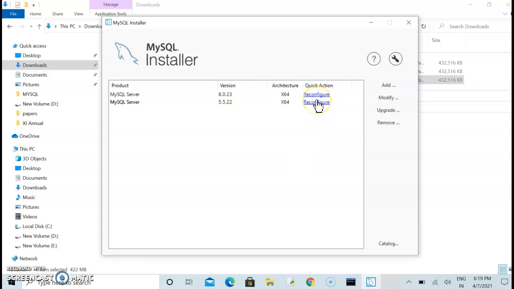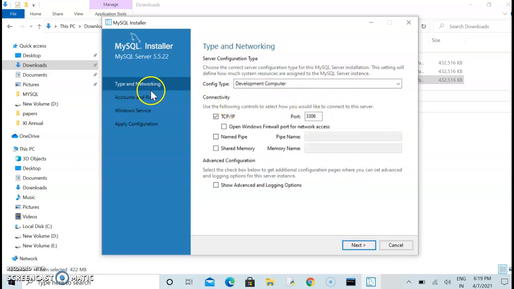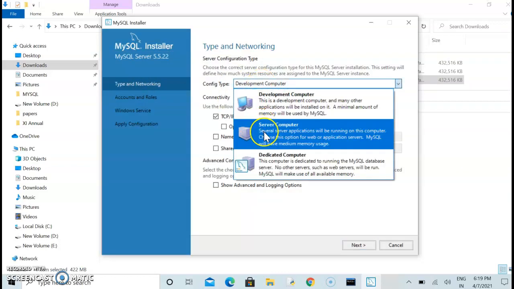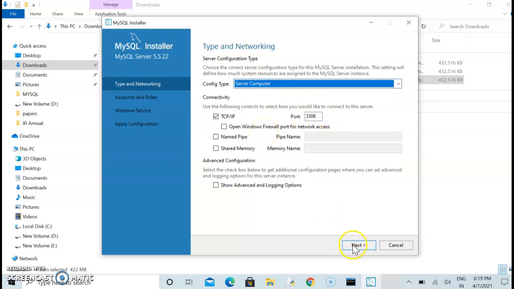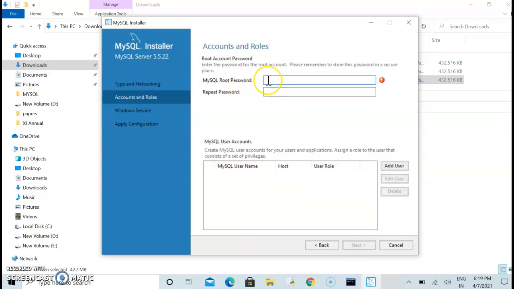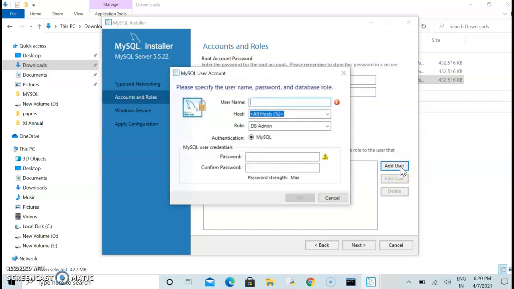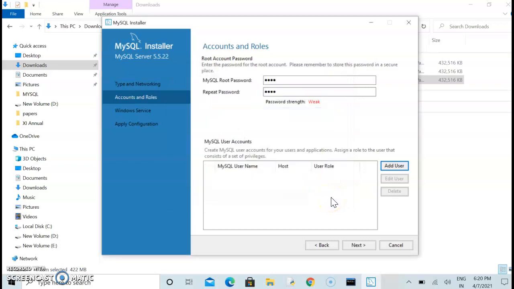When you reconfigure the things, at server type, when you click on the next option, it will ask you the password. By default, it will take the root username, but if you want to specify your own username, then you can click on add, specify your own name for the user, and then accordingly specify the password.